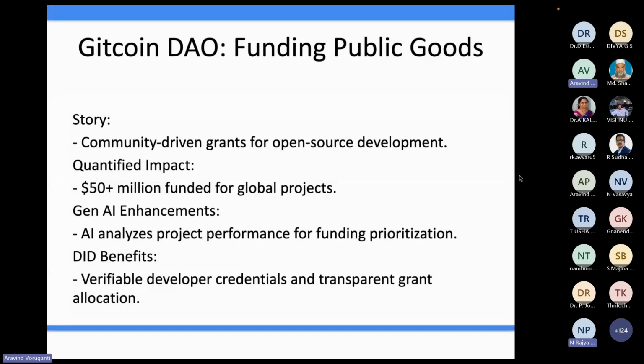So just imagine everyone who has an idea of an open source project submits a proposal with what they want to do and how much they want as a grant. And in that DAO, all the users will check whether that project is good, worth pursuing, and they will give voting. Now, if a project gets the majority of votes, automatically from the treasury, that particular grant will go.